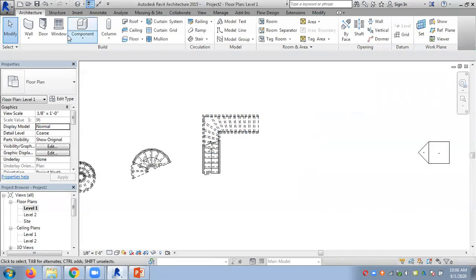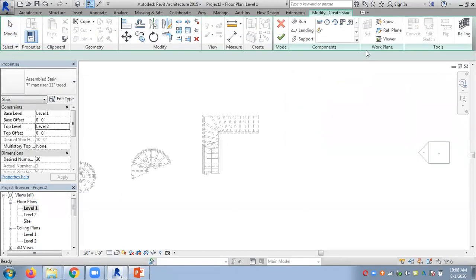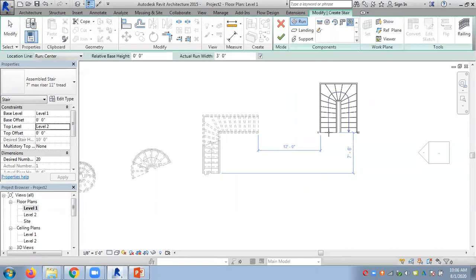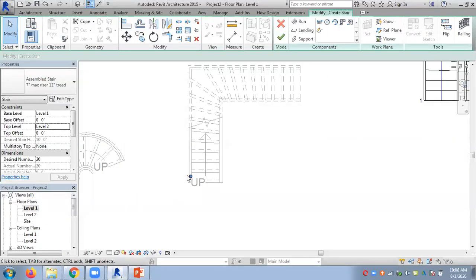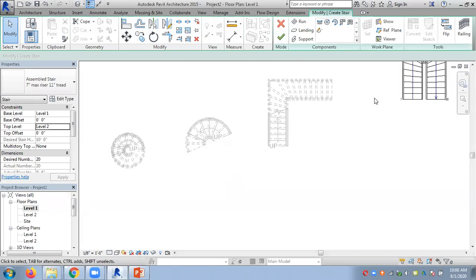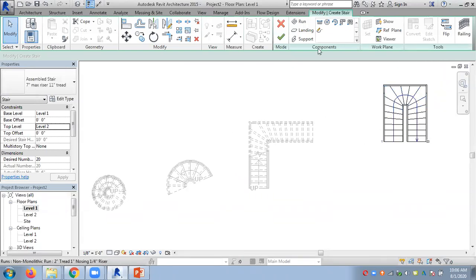Then we have U shape this way. This is also a predefined shape. I cannot do much editing. The problem with all these predefined shapes is that I cannot do a lot of editing. So if you want to have something like a curved railing, it's not possible here. Those are the main issues with this kind of predefined shapes. So I hope you understood the basic concepts of the predefined shapes.